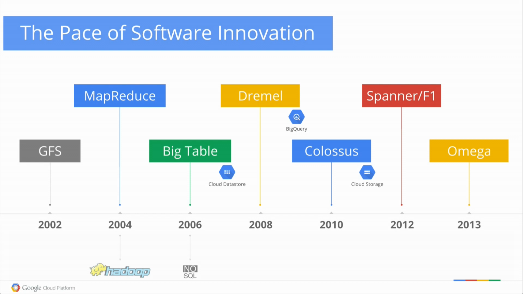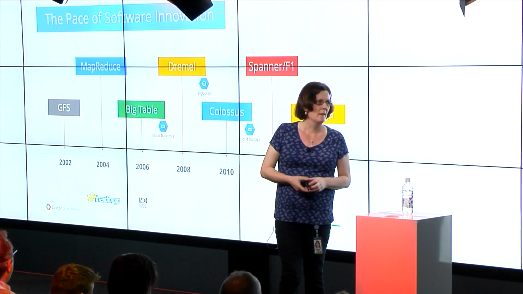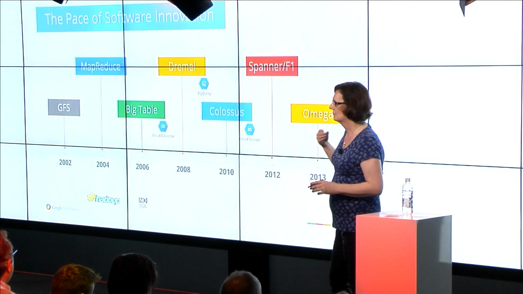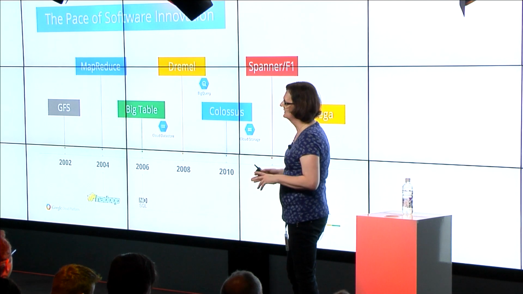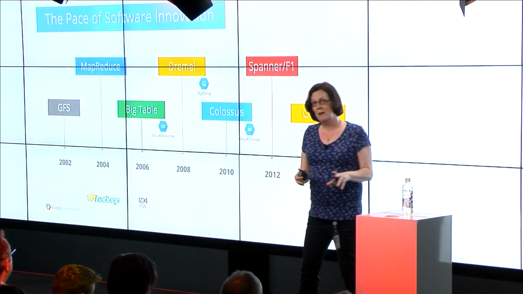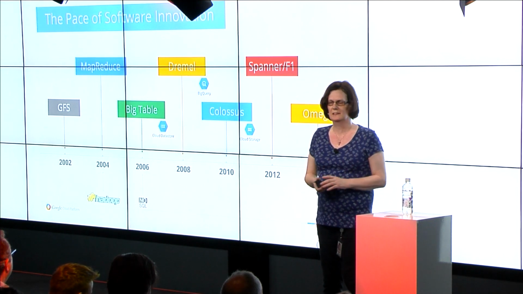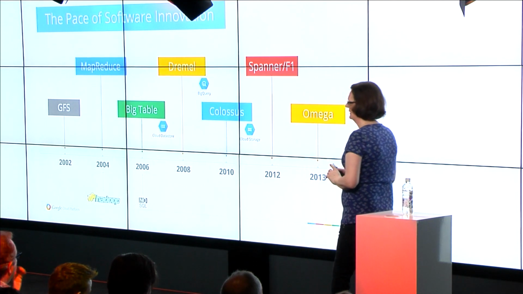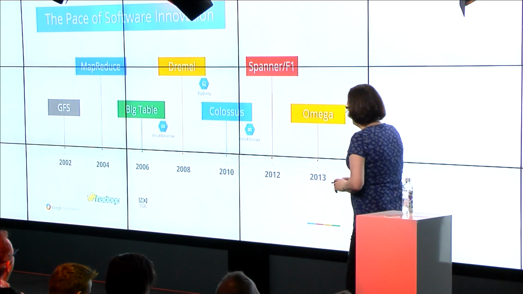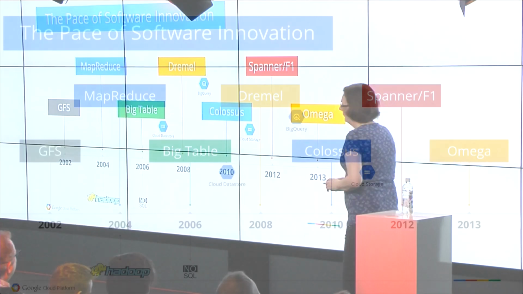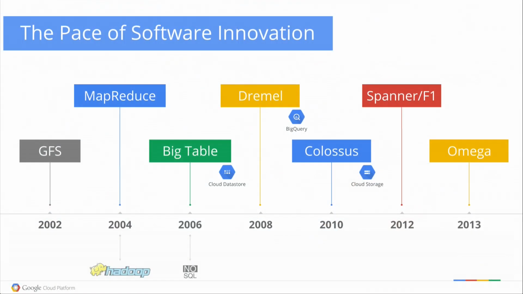Effectively, this is what App Engine, our platform as a service offering, was built around. Then in 2008, we published a white paper on an application called Dremel, which we use internally. This came about from the need of our product managers to be able to ask questions of data very quickly, to get answers back interactively, in seconds instead of minutes or hours. Ultimately, we wrote this tool called Dremel, and we published it since then as Google BigQuery.